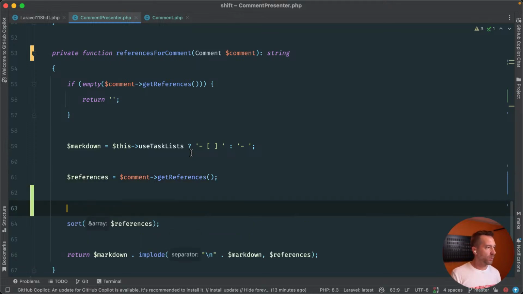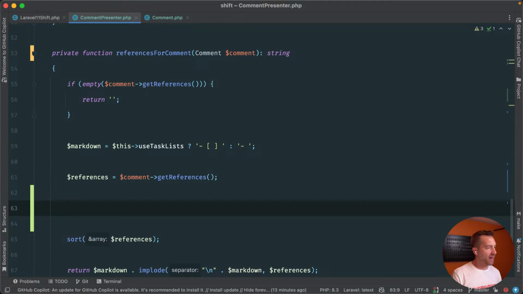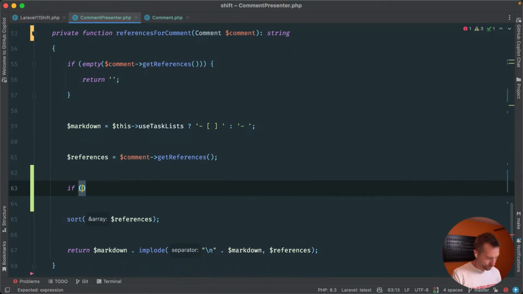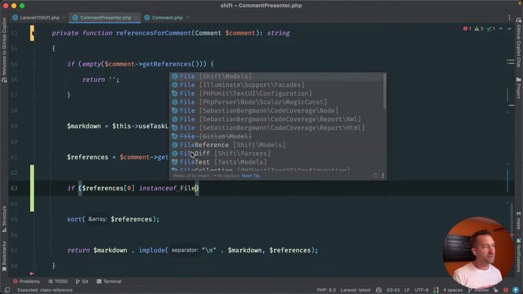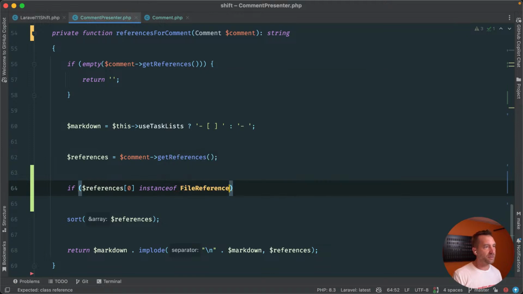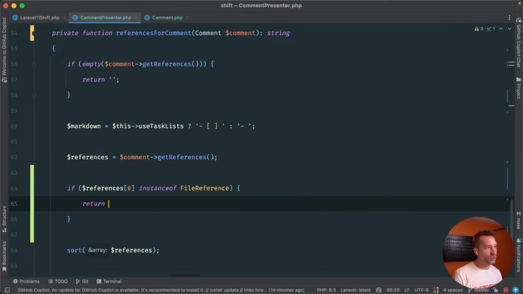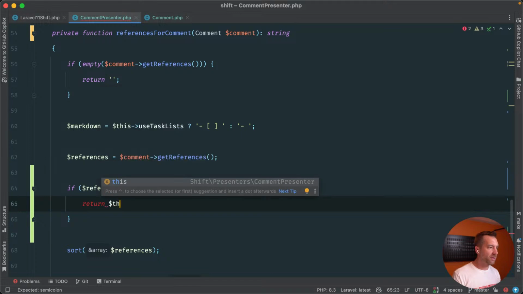So here's what we can do. We can say if references 0 is instance of file reference, then we want to do our new thing. So like this,